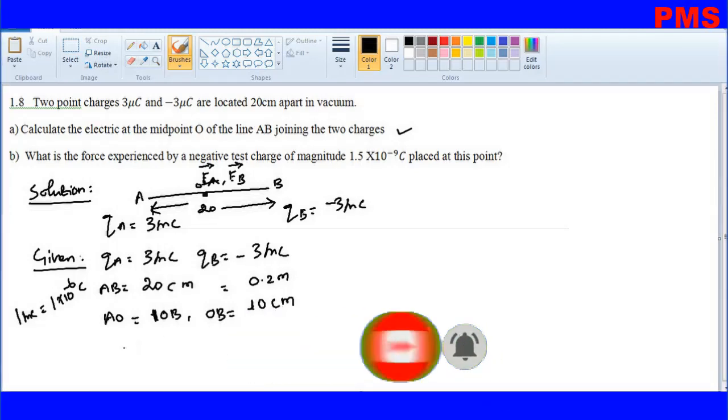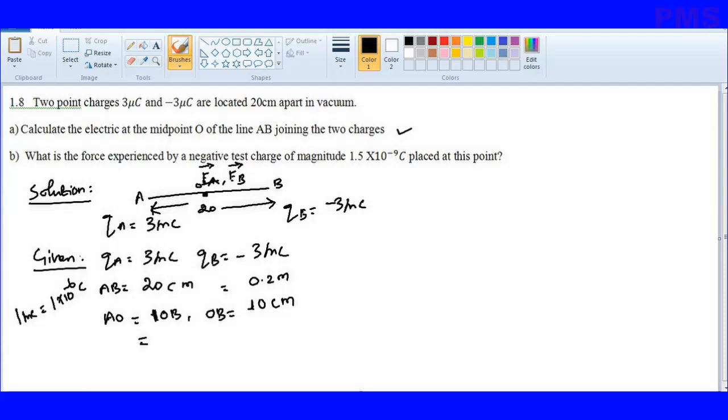We can easily convert according to the SI system. We will write 0.1 meter. In this question, you can see the image of the diagram, what they have given in the data. This is the data. So first, dear student, find the data, everything. After that we can get it easily.